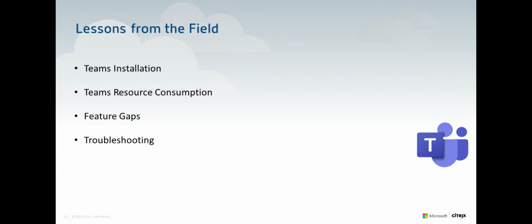The other big topic, probably the number one, is the feature gap. We are aware that the experience is different between a native Teams application and Teams running on VDI when it's optimized. And there are a couple of big requests, where we find ourselves joining meetings exclusively. We are aware of that limitation. Microsoft is aware of that limitation. We want to fix that as soon as possible.